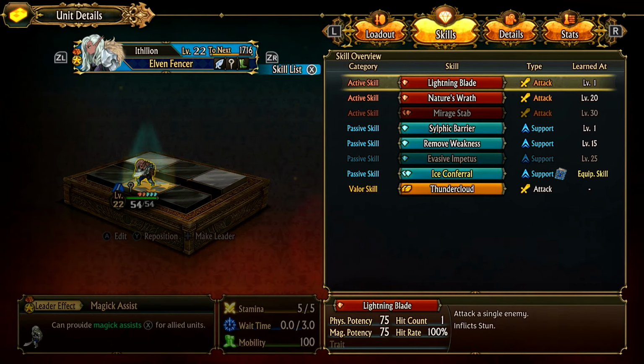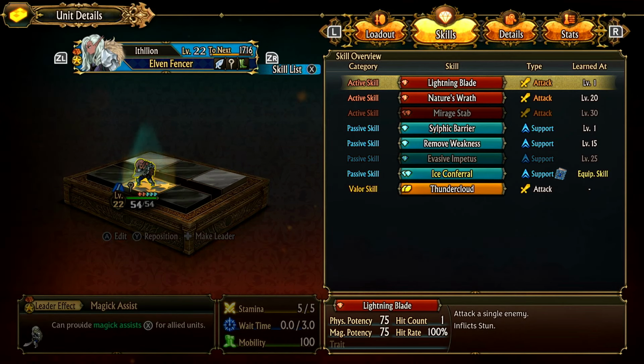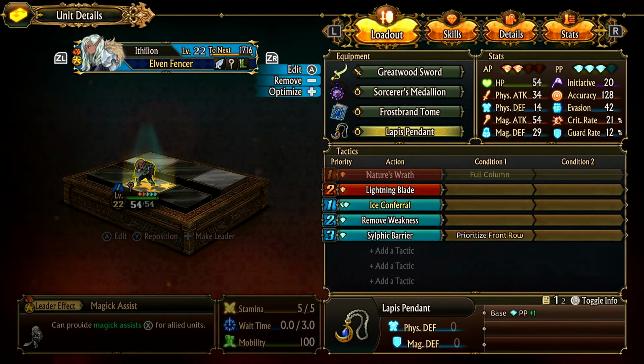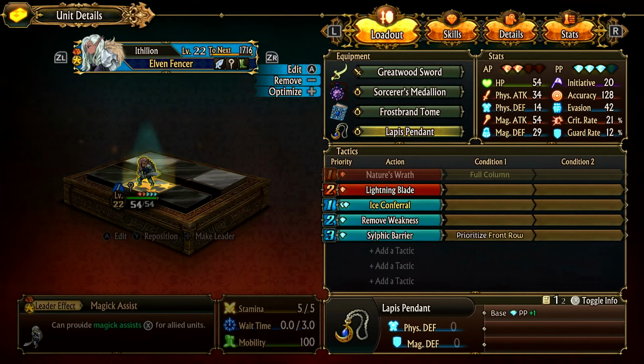But this is how they work. I was really curious about this because I'm about to do a class guide on this class, and I was like, I'm not 100% sure how both of these potencies work. Is it 2 attacks? Does it roll both things? It does roll both things. It does look at the physical attack and the magic attack. It subtracts from their magical and physical defense respectively, and then applies the 0.75 multiplier, and that's how you get